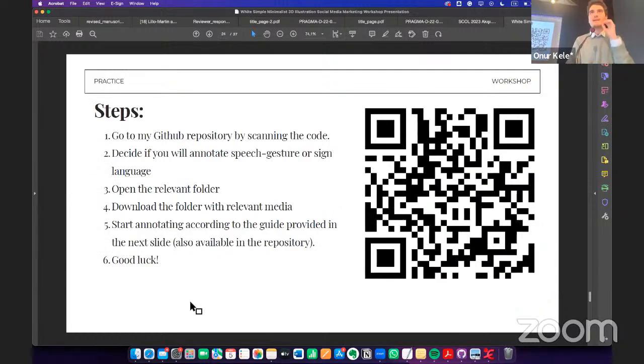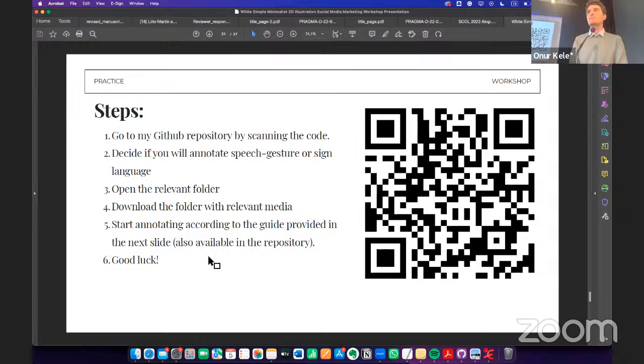Okay, so I created a GitHub file repository online. You can scan the QR code here to go to the GitHub repository. There are tutorial videos I made available for you. You can scan the code and go to the files. You can open the same file on your computer. When you go to the file, first you will find these slides. So yay. Second, you will find two different sets of